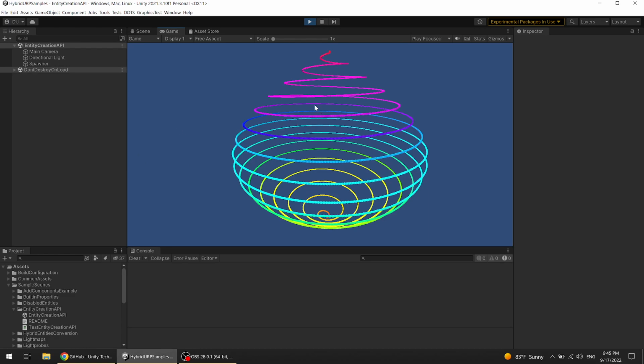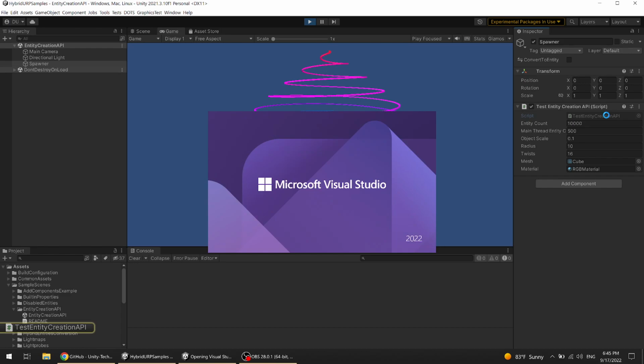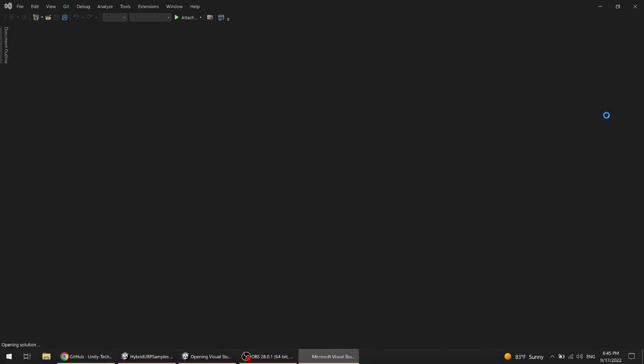what you are seeing here is 10,000 entities got created, 500 on the main thread, and this is the actual formation for the spiral twisty thing here. If we open up the API here,